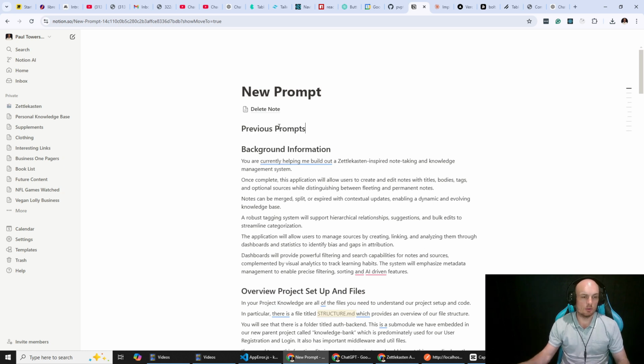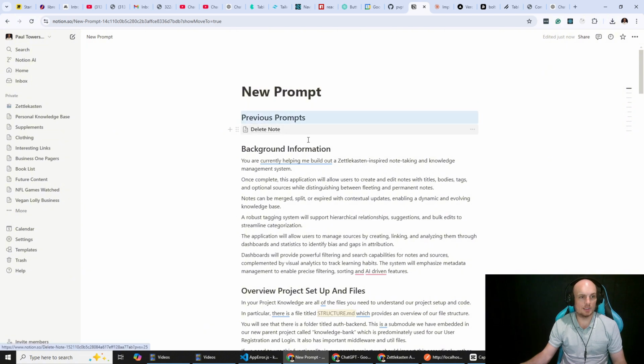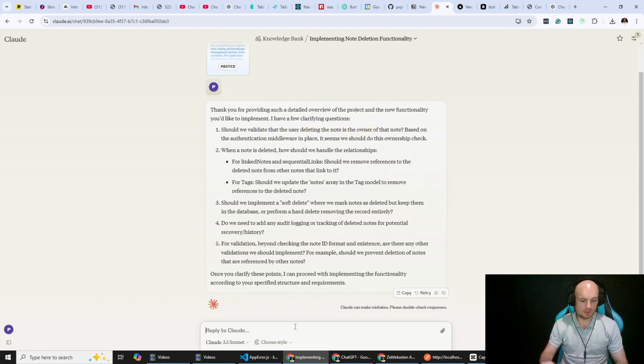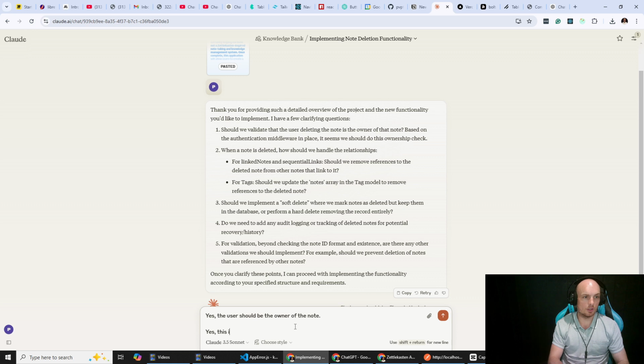We should probably set this up as a template in Notion. Can't be bothered at the moment. Should we? Yes. Good question. The user should be the owner of the note. Yes, this is also an authenticated route. Yes, for linked nodes and sequential links, we